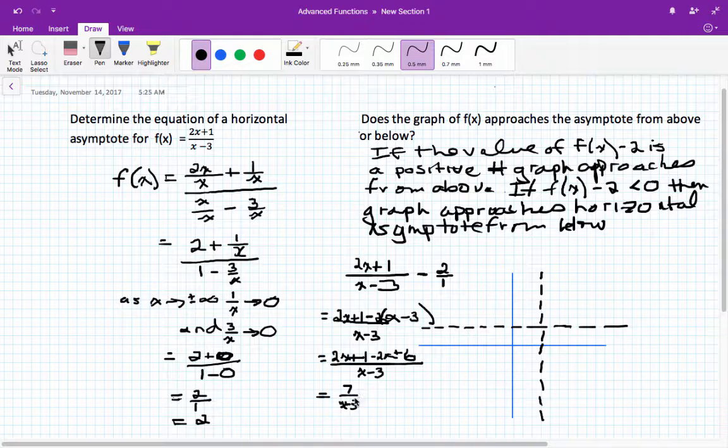So what we've got here is an expression for f at x minus the equation of the horizontal asymptote. As x approaches positive infinity, if you plug in a large positive value here, your denominator is going to be a large positive number. A positive divided by a positive is going to be greater than 0. As x approaches negative infinity, you're going to have a very large negative number, so it's going to be a positive divided by a negative. So kind of summarizing this,